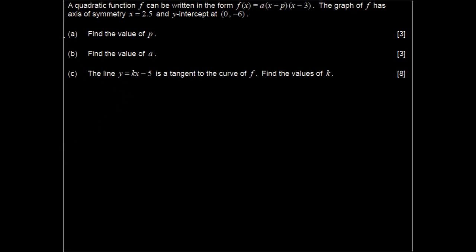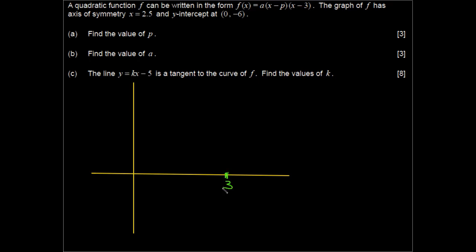So we're going to have some axes like so. Now we know that there is a point, because we've got this here, x minus 3, when this is equal to 0, x would have to be 3. So there'll be a point where it intercepts the axis at x is equal to 3. So I'm just going to put that, say here,